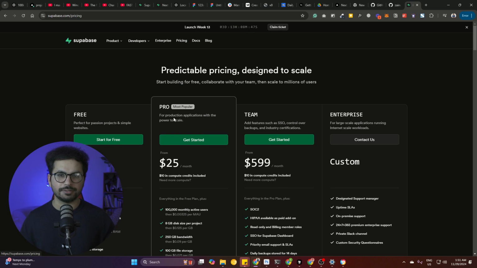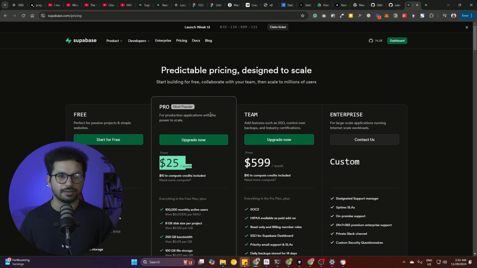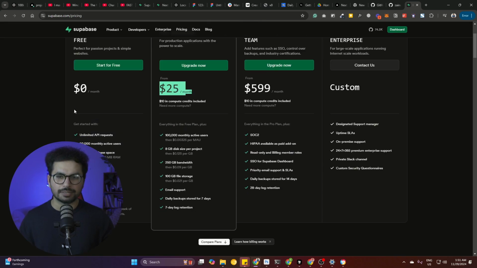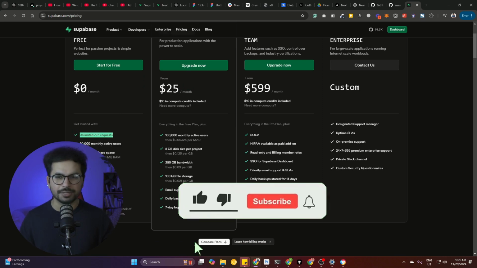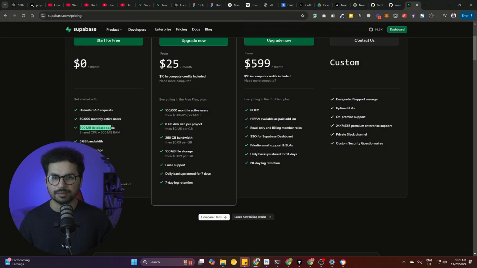So it's free to start. You can just simply sign up for that, and we'll come to that part later, but it's completely free to start and sign up. After you consume these things, you can switch to 25 per month. So let's suppose you're building something that will not have too many users initially, so this is more than enough. You can have unlimited API requests. You can have up to 50,000 monthly active users for absolutely free, and then up to 500 MBs database space, which is fine, and then 5 GBs of bandwidth, which is more than enough, and then 1 GB file